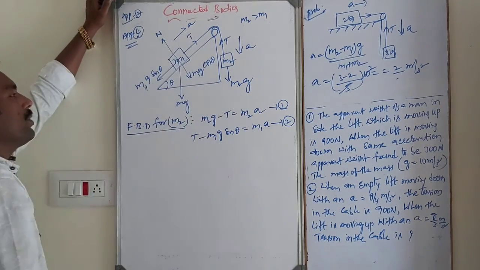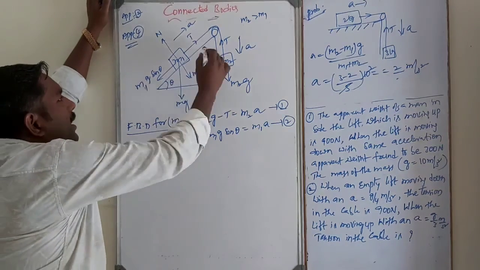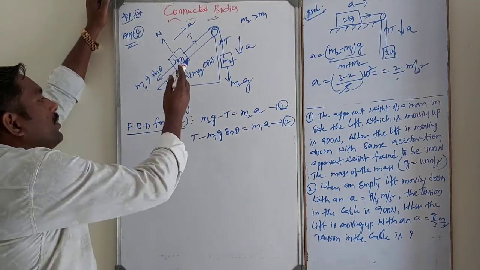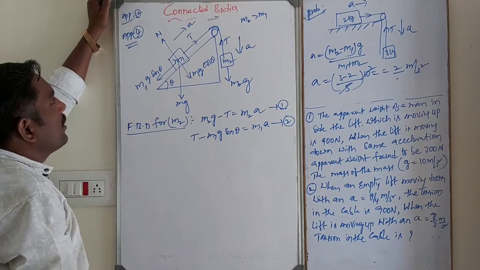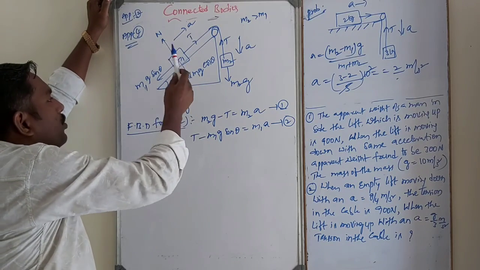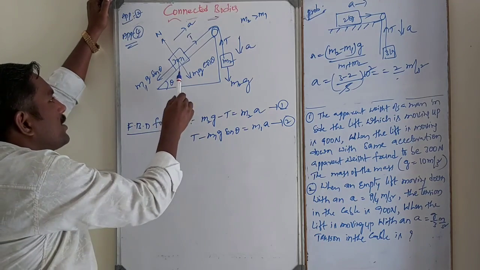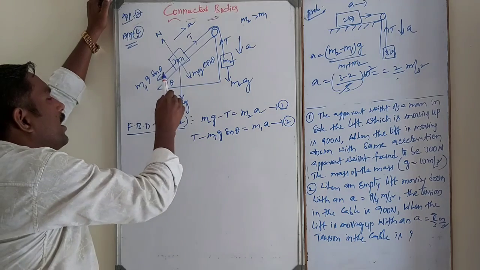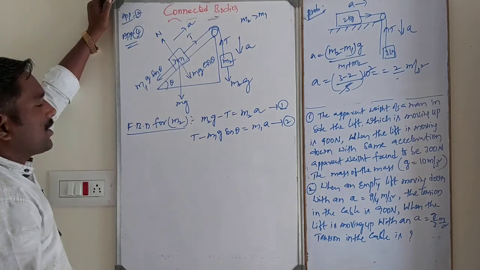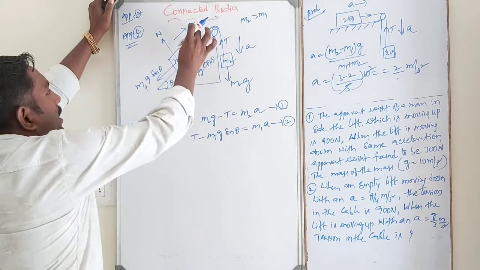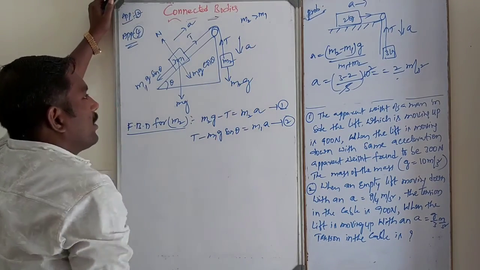This is an inclined surface. Theta is the angle made by the inclined surface with the horizontal. Whenever the body is on an inclined surface, the normal reaction is resolved into two components. The weight always acts downwards, and it is resolved into two components: m1g sin theta along the inclined surface and m1g cos theta perpendicular to it. In this case, tension is controlled by m1g sin theta on one side and by m2g on the other.